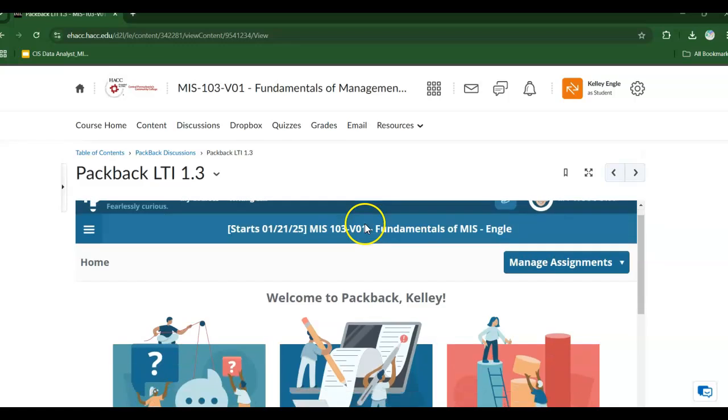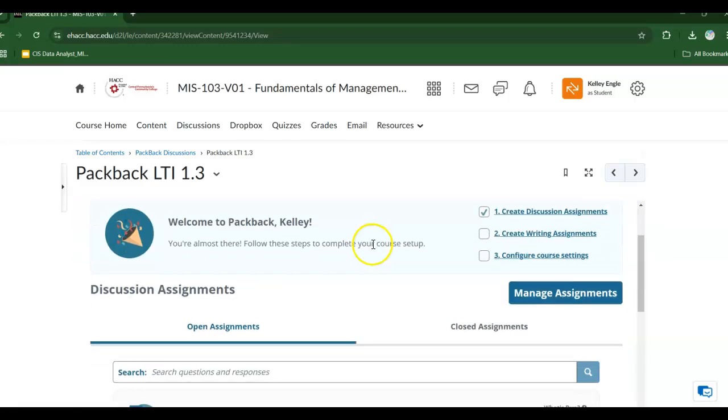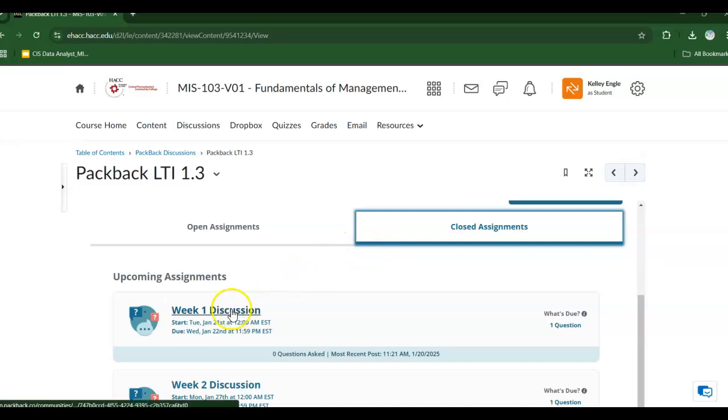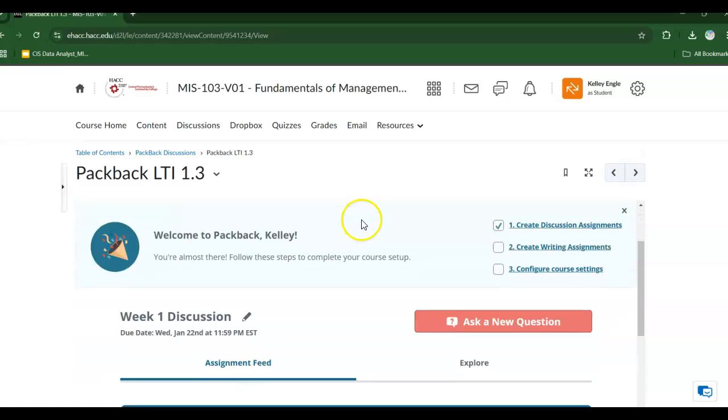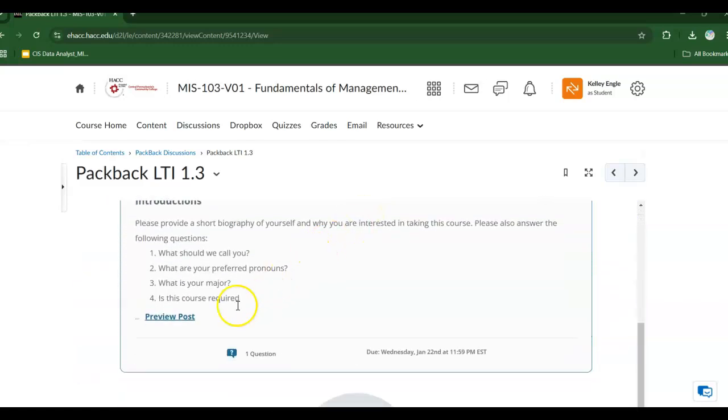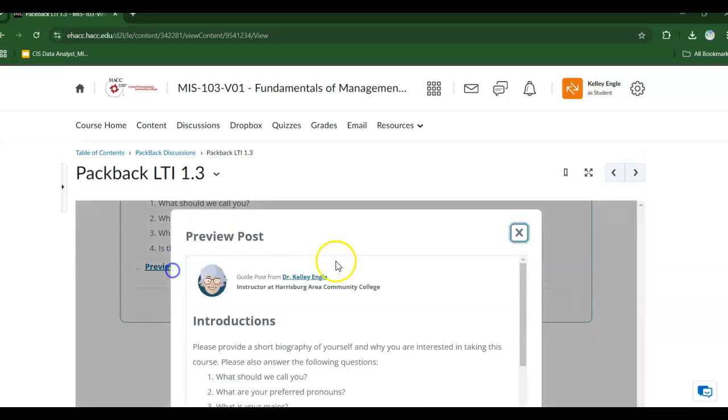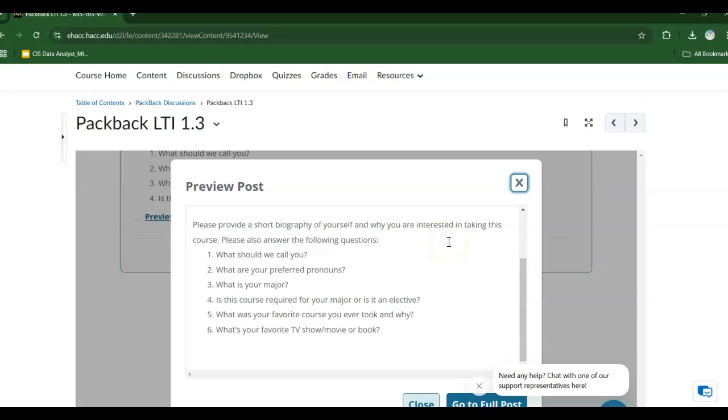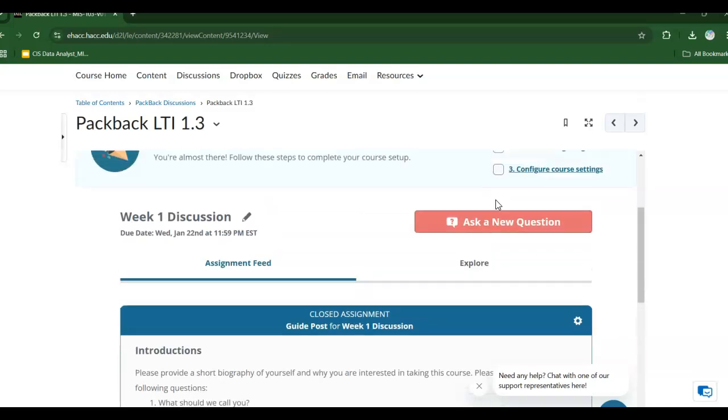So this first week, you're going to be asked to do an introduction discussion, which is under the week 1 discussion. You just basically need to introduce yourself, tell us a little bit about you, your major, if this course is required for you, and just some fun facts to share with your classmates and myself. I'm using this to do roster check, which impacts your financial aid if you're using it. So it's very important that you do this discussion post by the deadline, which is by Wednesday. And that way, when I report back, as long as you've completed it, you should not have any issues with